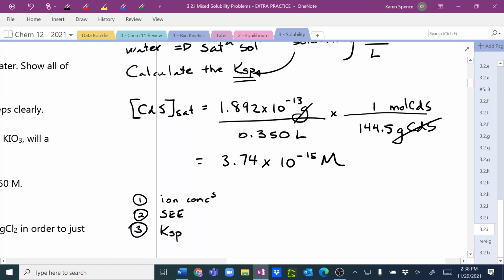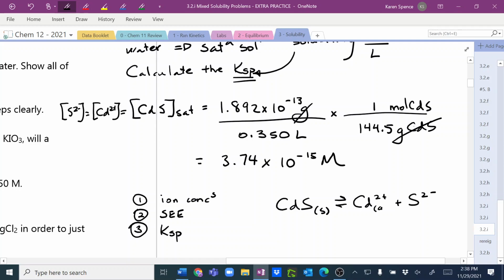Well, I love this one because this is 1 to 1 to 1, so I can just say this is equal to the concentration of cadmium, and it's also equal to the concentration of sulfide. Yes, so that's really nice. My solubility equilibrium is also going to be pretty easy. CdS solid in equilibrium with Cd2+ and S2- aqueous,